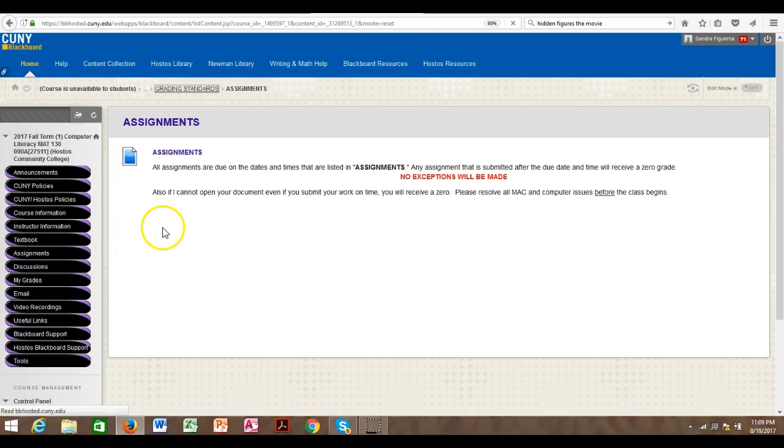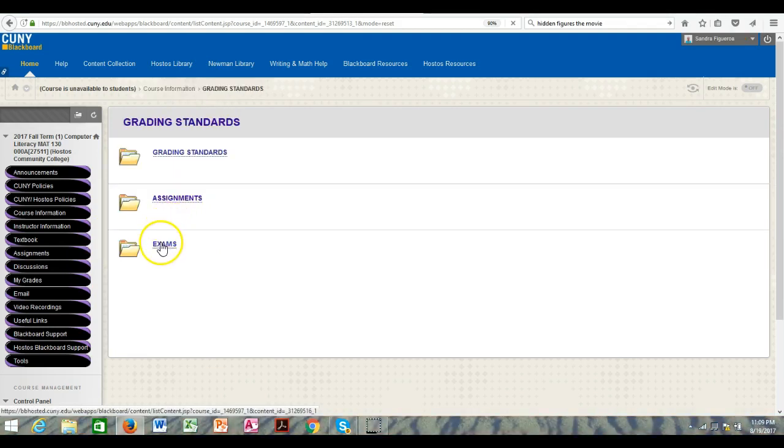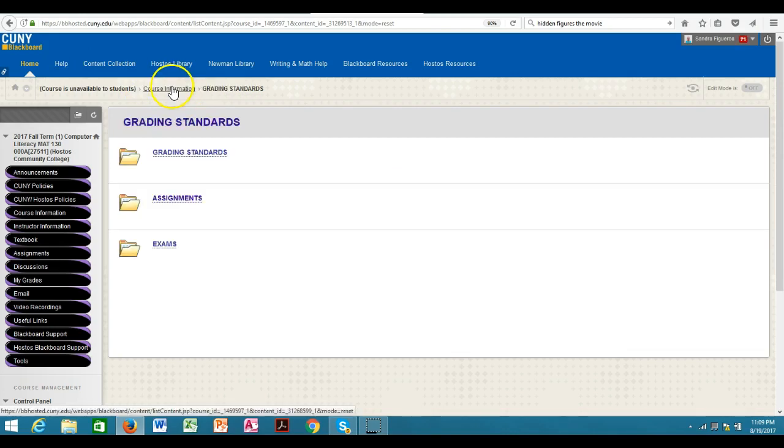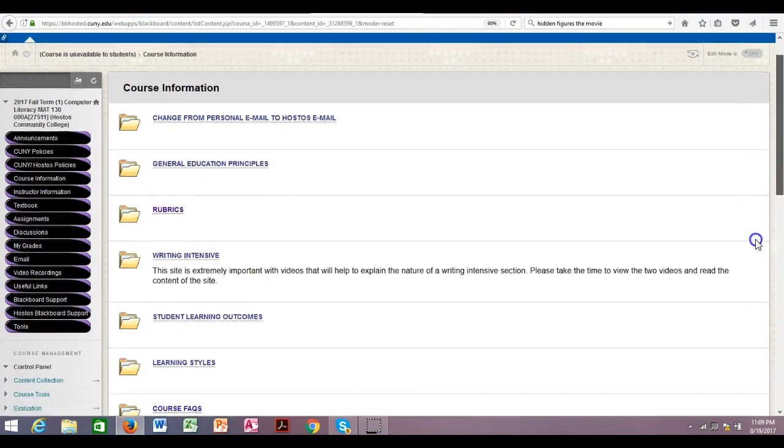The exams are multiple choice, both the midterm and the final. And you'll see in the assignments page when the exams are scheduled. Sorry, my computer just seems to be a little slow. Multiple choice, there's no makeup exam. If you miss an exam, you see the grade that you get, unless you've got a doctor's note that says you were close to death, and God forbid that happens. I want you all healthy. I want you all to enjoy this class and see where you're going with this, because this is an enjoyable class. I like teaching this class.